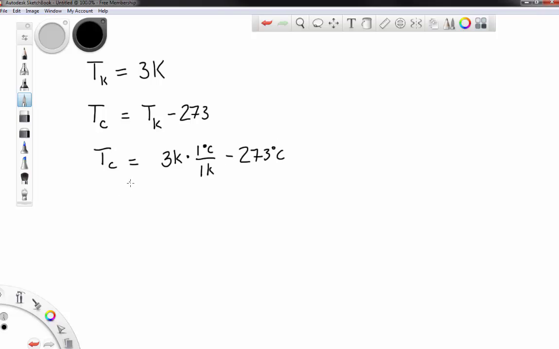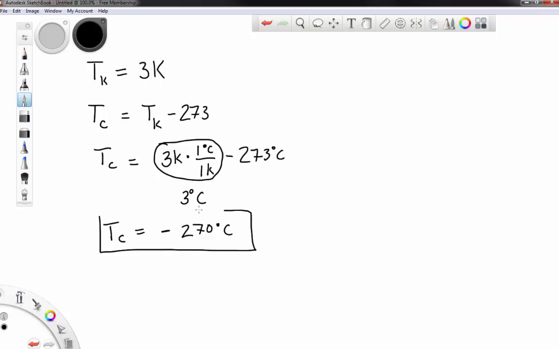That's basically how we can interpret that. So this whole thing right here is 3 degrees Celsius, so that minus 273 means that the temperature in Celsius must be negative 270 degrees Celsius. Okay, so that's our background